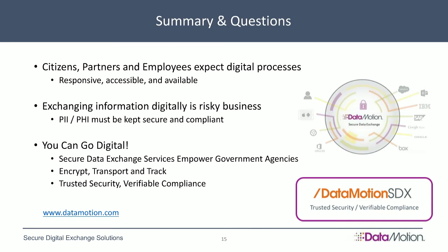Okay. Here's a question about use on mobile devices. I think I mentioned earlier in the presentation that we have RESTful APIs, and those can be integrated in with your mobile apps. If you have your own mobile app that you've created, we have a very large health insurance company that leverages their mobile app by stitching it in with DataMotion's RESTful API to move secure messages from their app into their